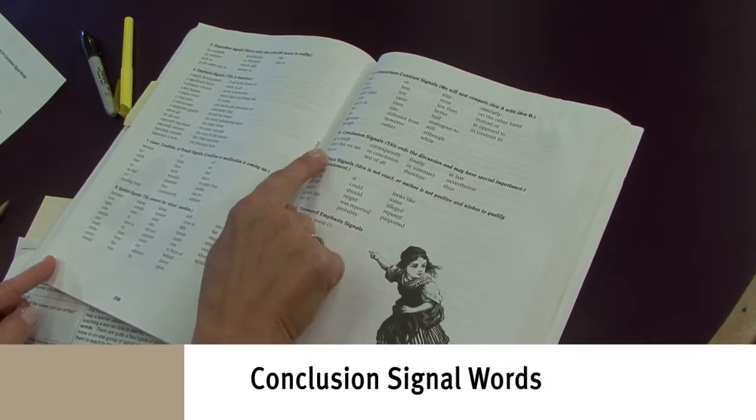Okay. And there's 12 of them. And today we'll just do 3. Okay. We'll just work on 3. Then next week we'll read something else and we'll add 3 more. Whenever you've got the hang of the first 3, we'll move on and we'll do them all until you have all of the conclusion ones. Okay. Then we can work on a different category. Okay? I'm going to write down these 3 first ones that we're going to work on. And I want you to tell me what you think